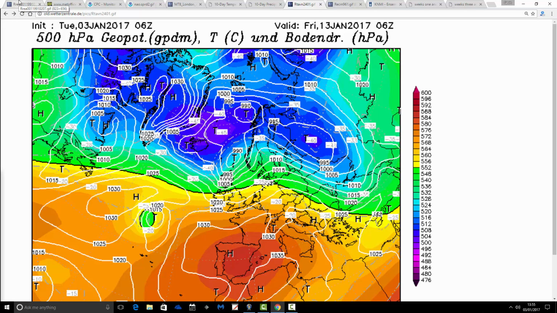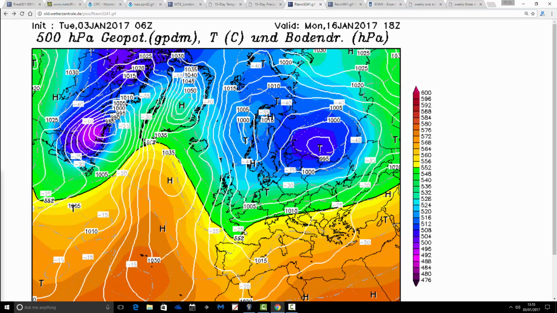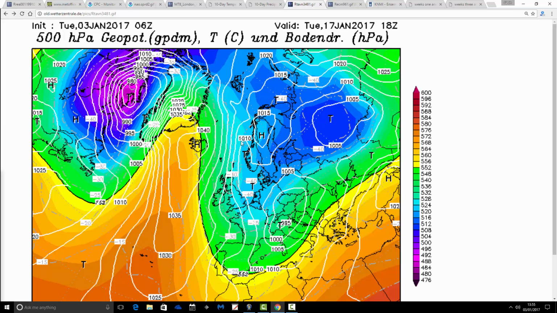This is Day 10, Friday 13th of January, still the high pressure across Spain, but it is weakening. It's turning more unsettled up to the north and west, maybe a bit stormy actually there across Scotland. And beyond that, the heights do pull out of Spain eventually up to the middle part of January as the winds turn into the north. So that's how we're looking on the 17th of January, with proper northerly, bitterly cold air coming out of the pole. Notice the heights have gone from Spain finally, and they're setting up to the north and west of the